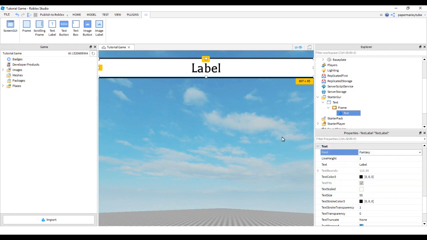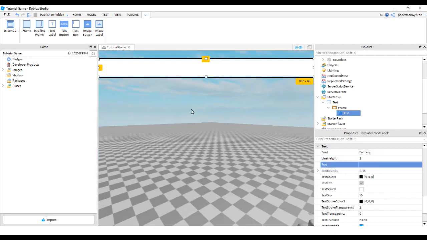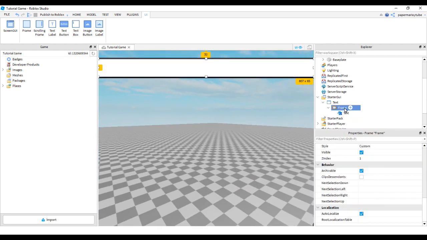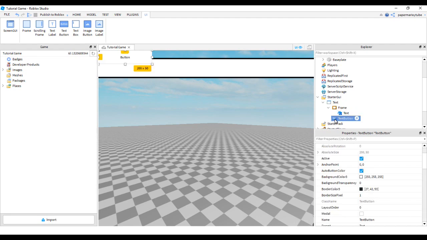You can choose any font. I'm just going to choose fantasy here because that's kind of what I'm going for. You're going to want to remove all the text so that it's completely blank. And now you are going to go ahead and add text buttons into the text GUI. So you're going to want to name this one